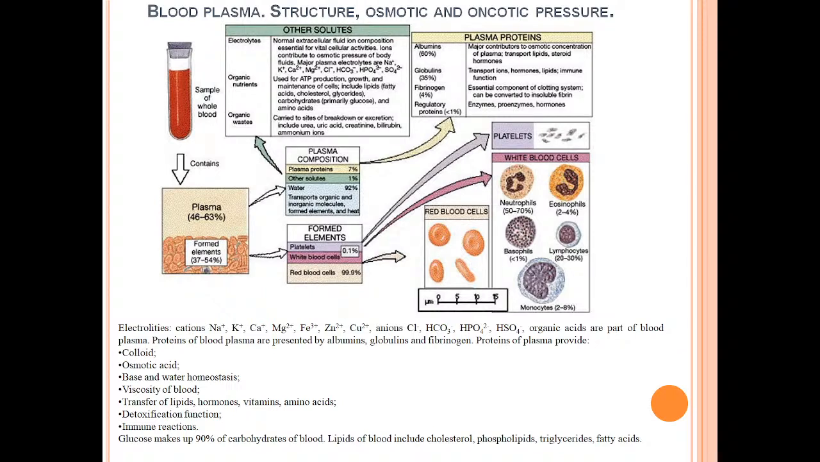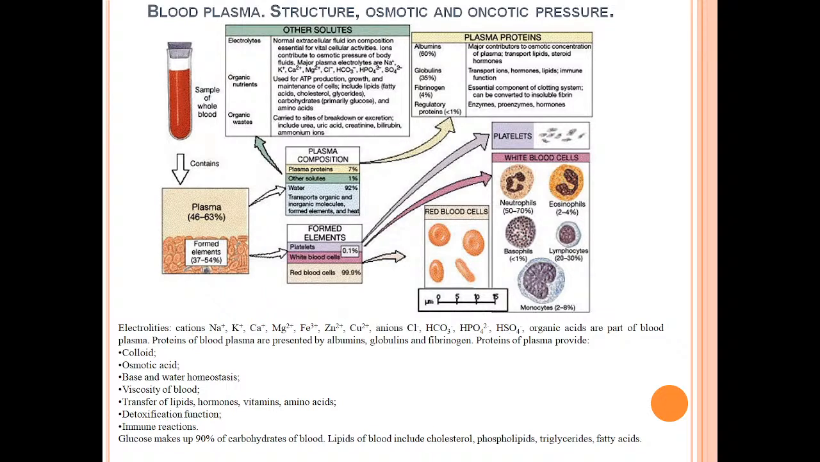Electrolytes, cations, sodium, potassium, calcium, magnesium, and other anions, chloride, bicarbonate, and other organic acids are part of blood plasma. Proteins of blood plasma are presented by albumins, globulins, fibrinogen. Proteins of plasma provide colloid osmotic pressure, acid-base and water homeostasis, viscosity of blood, transfer of lipids, amines, vitamins, amino